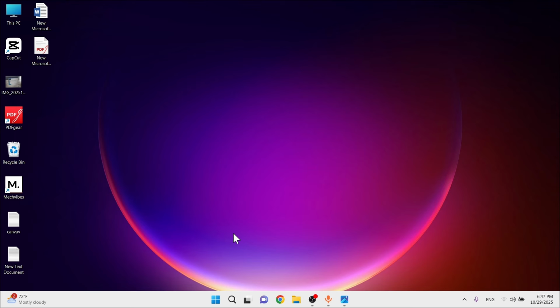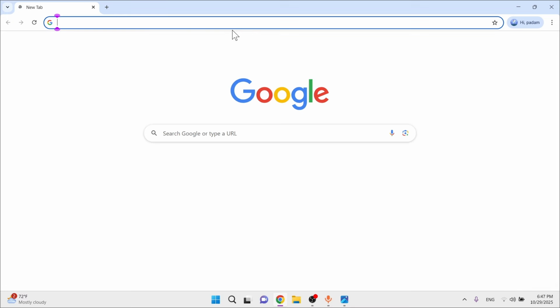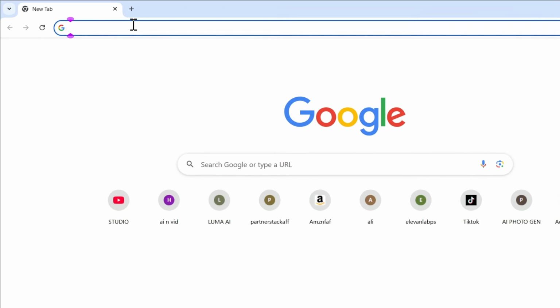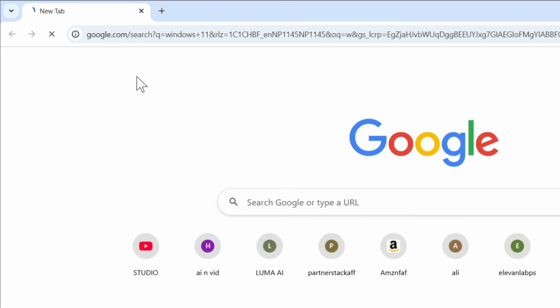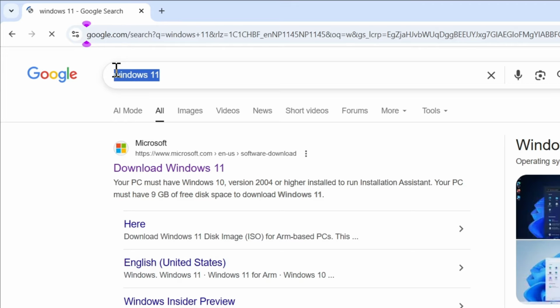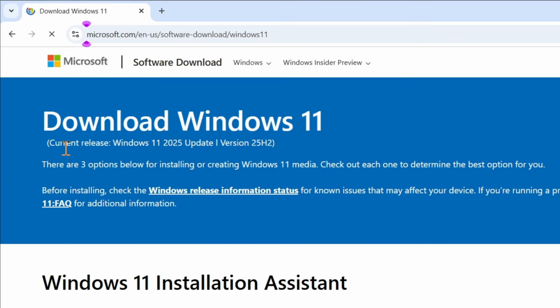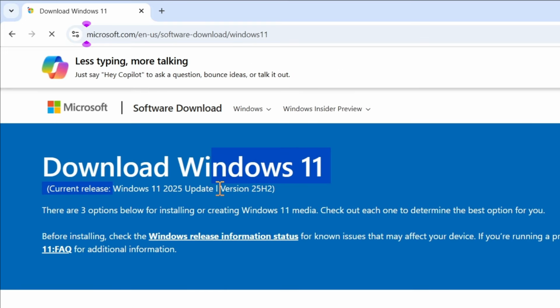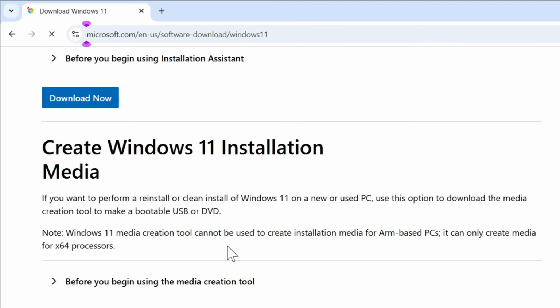First, connect your laptop to the internet, go to Chrome, and download the latest version of the Windows 11 ISO file. Type Windows 11 in the search bar, then click Download Windows 11. Here you can find the Windows 11 2025 update, that is 25H2. Scroll down and here you can download,